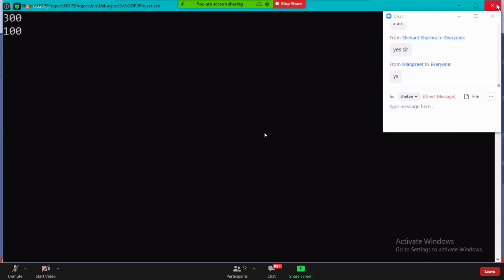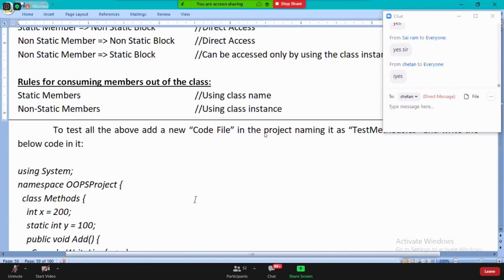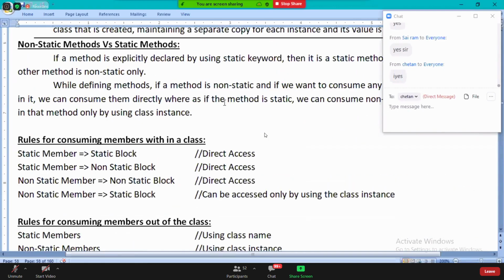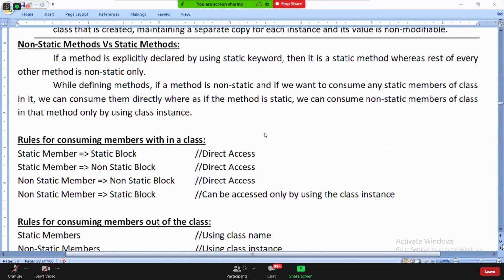Understood, all of you? Okay, now read, guys. Non-static methods versus static methods.